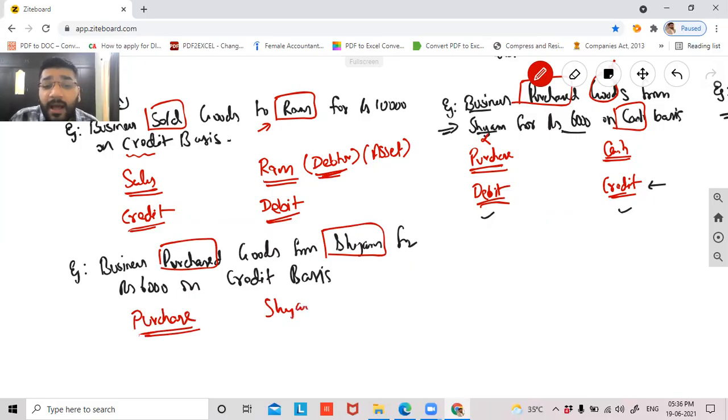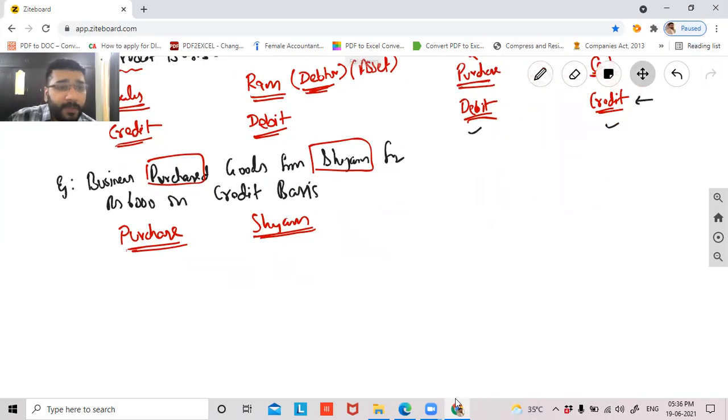Why? Because I need to pay Shyam. I need to remember to pay Shyam in future. So I'm creating an account in my books so that I remember that I have to pay him. Because in business, I enter into so many transactions and I have to give money to so many people. Unless I note it down somewhere, I'll not remember. So that's why we are noting down Shyam's name. Now guys, purchase has got the flavor of expenses, so we are looking up to nominal rules. Hence, debit all expenses and losses. So purchase account will be debited.